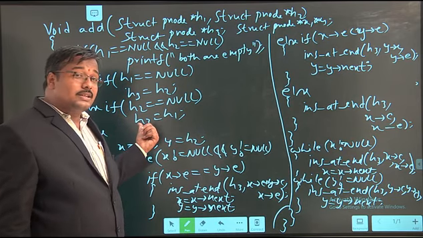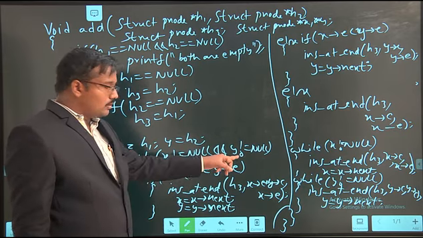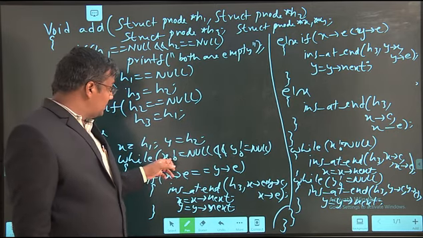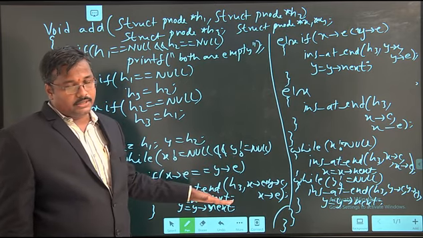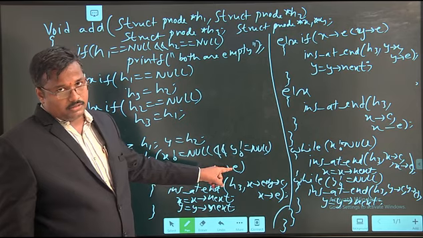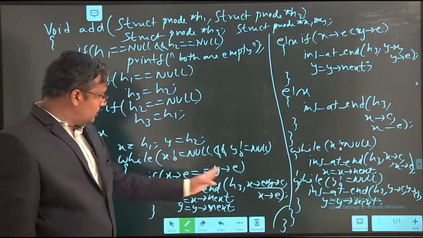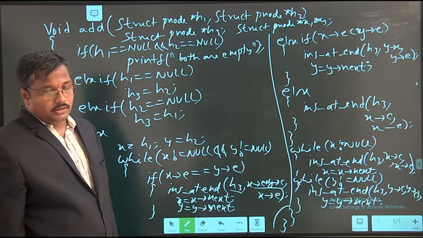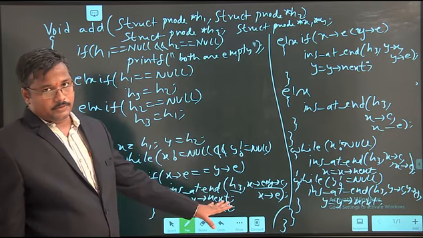If both the linked lists are not empty, I need to check whether both have reached the last node or not. That's why I am putting the condition x not equal to null, y not equal to null. In that case only it enters the loop. Each and every time I am checking whether the exponents are equal or not. If the exponents are equal, I need to add both the coefficients and insert into the resultant linked list. That's why I am passing the head node also. In that case, I move both linked lists in the forward direction.